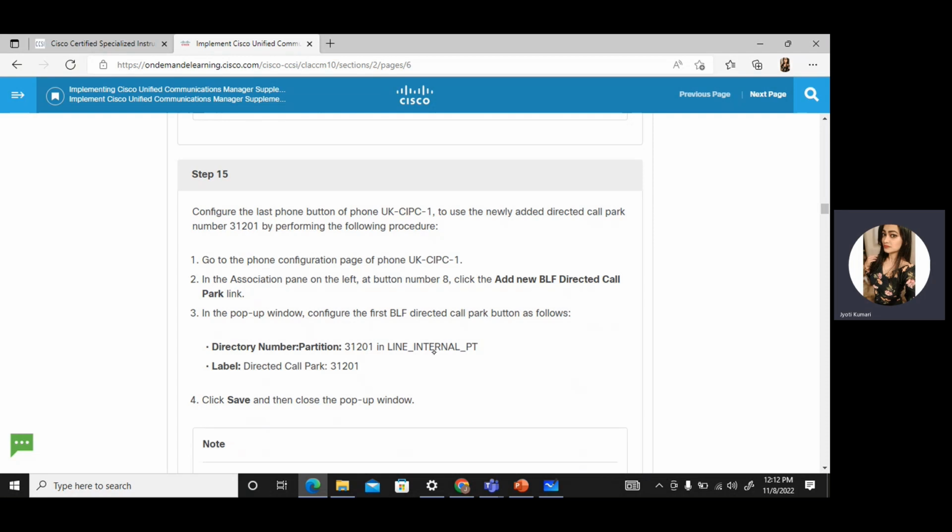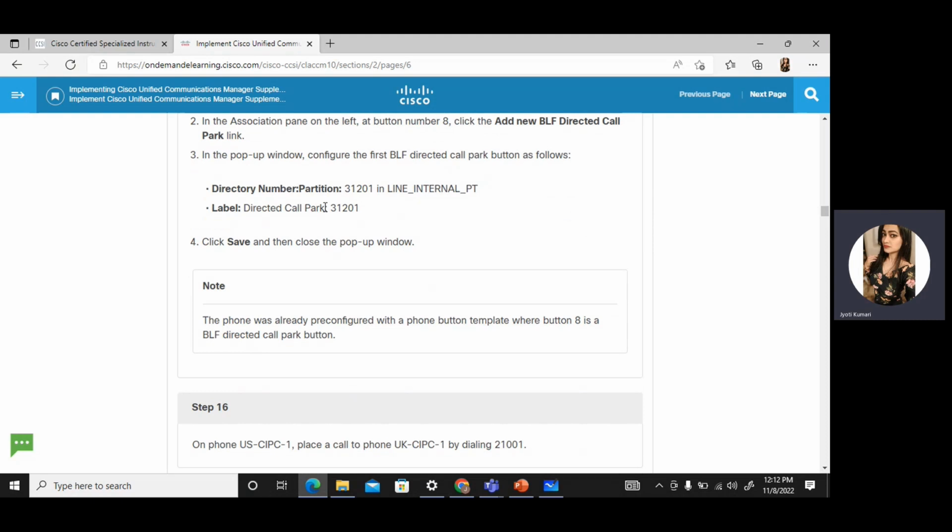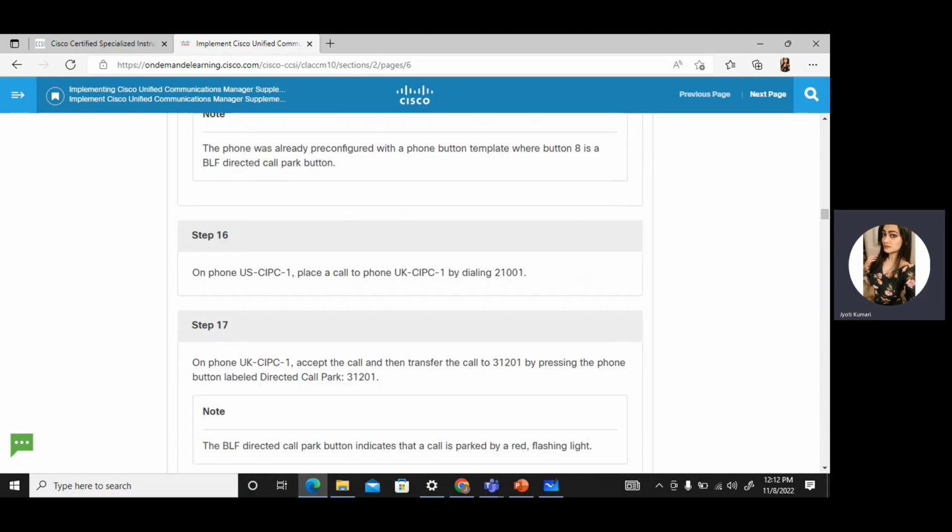So go to the phone configuration page. In the associated pane at the left, go to the line number at button number 8, add new busy lamp field directed call park link. Then we will choose the directory number and partition. The label we can give as per our choice: Directed call park for this number. Save these settings. The phone was already pre-configured with a phone button template where button 8 is the busy lamp field